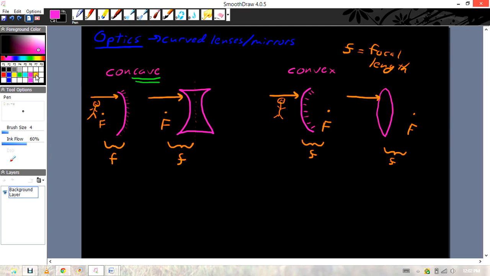So our focal length is half the radius of curvature, and there's geometric reasons as to why. I'd rather not get into it now. Just remember that as a thing. We can talk about that in more detail. So the last important thing is that the light, after it interacts with the mirror or lens, as you guys